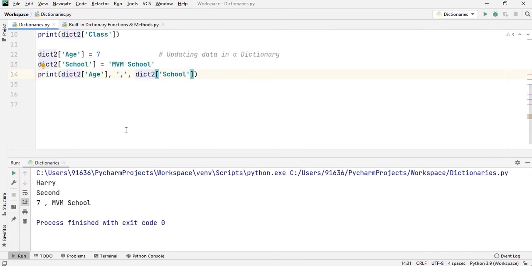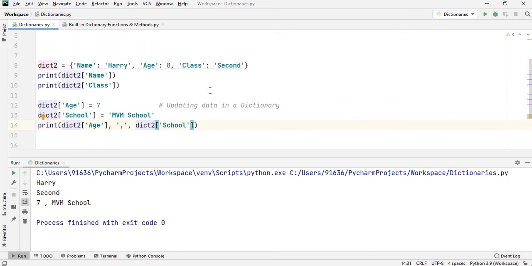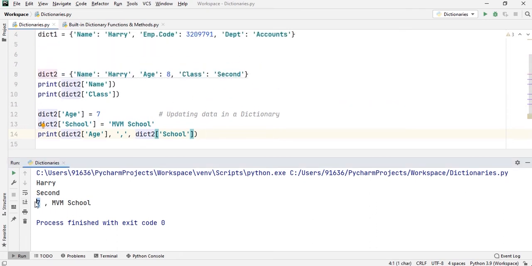You can see that when I tried to print dict2 key age and the dict2 key school, I got the age as 7 and the school name is MVM School. So what it means is I updated a new key value pair, which is this school and MVM School, and I updated the value associated with the key age to 7. So now the value has got updated, therefore you are getting 7 here.